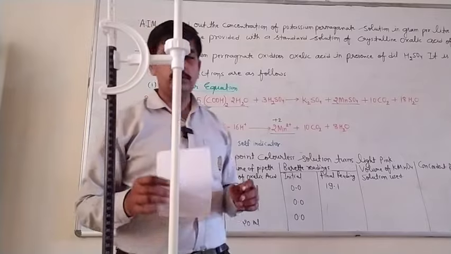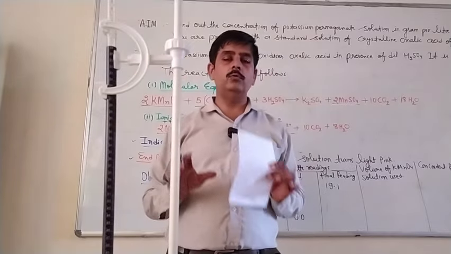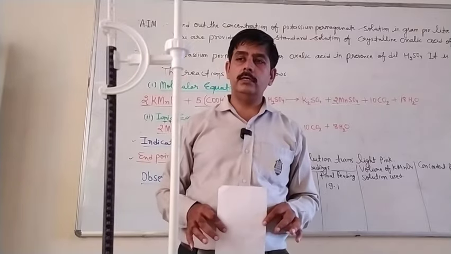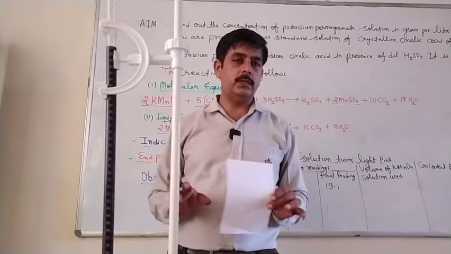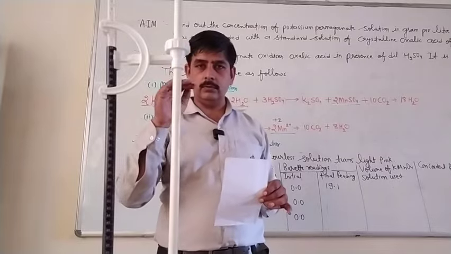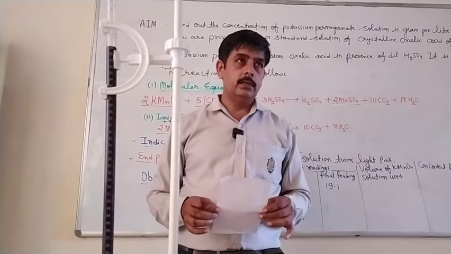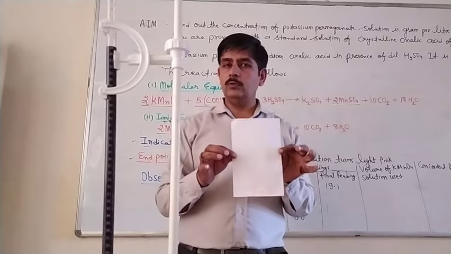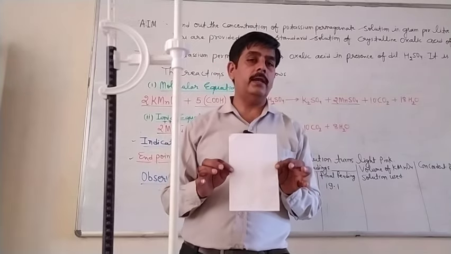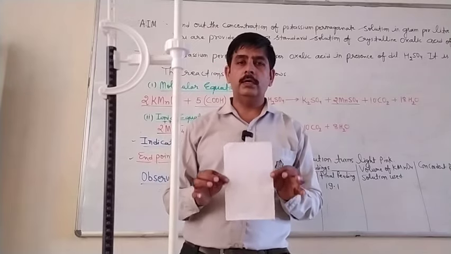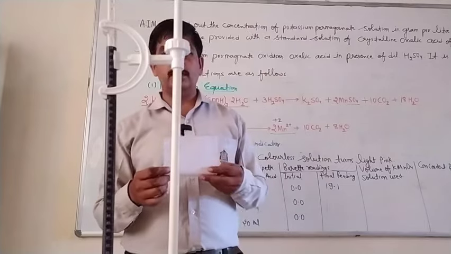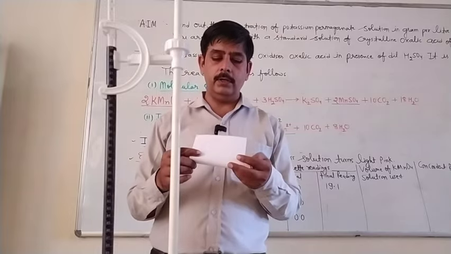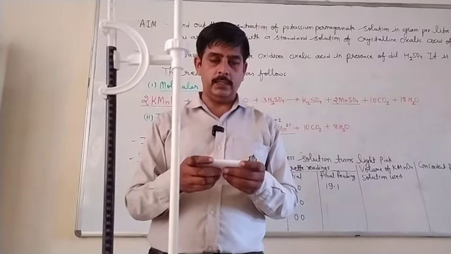Let me show the students how we have to take the reading. There is a process by which we can easily see the reading in the burette. We can use a paper that we call anti-parallax paper. How can we use this anti-parallax paper? We have to fold it twice.